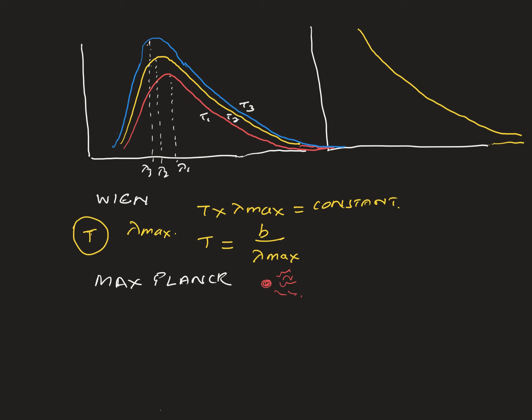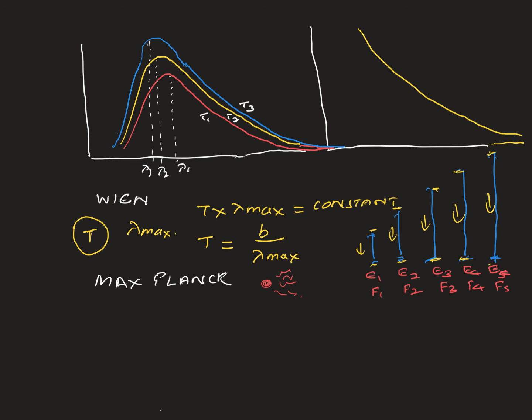He said that in hot objects, obviously atoms vibrate, and when they vibrate, there's an oscillation. And due to that oscillation, they emit waves. So what's happening is that they oscillate between different energy levels. So this describes an atom oscillating between different energy levels here, and the frequency is F1, F2, F3, F4, F5.